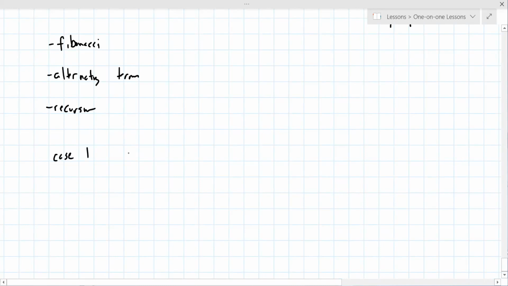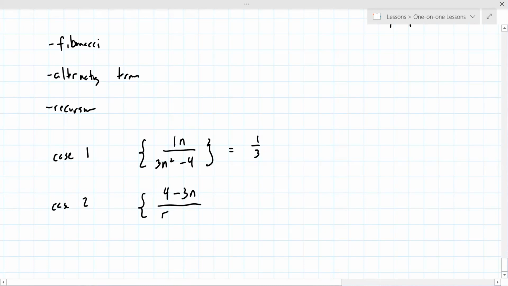Case 1 is the example like n over 3n squared minus 4. This one goes to 1/3 because there's a 1 there and a 1 there. Case 2 is something like 4 minus 3n over 5n plus 2, and this goes to negative 3/5. And then case 3,